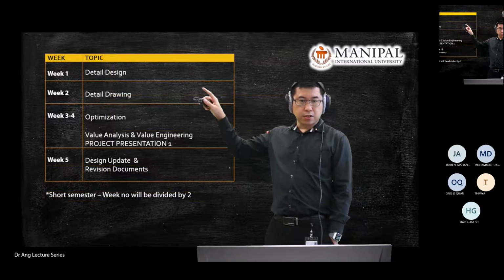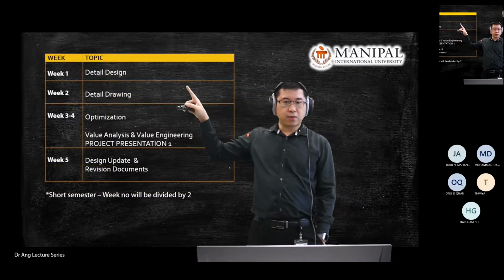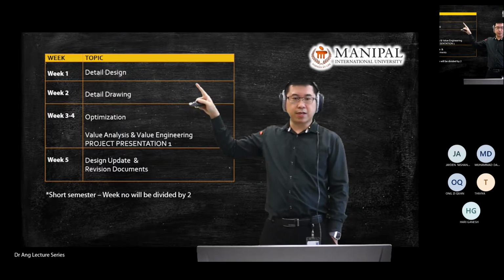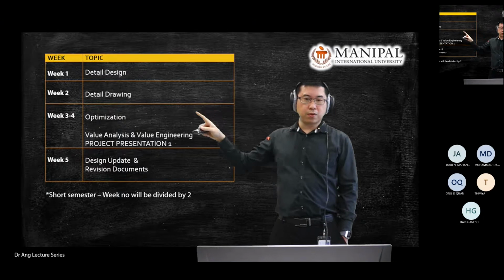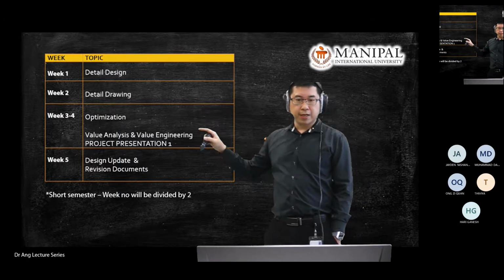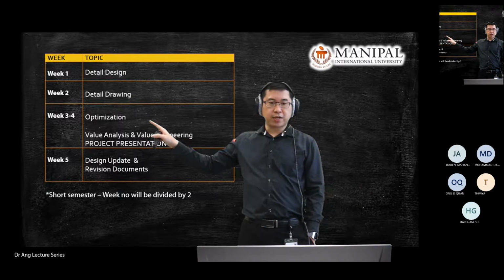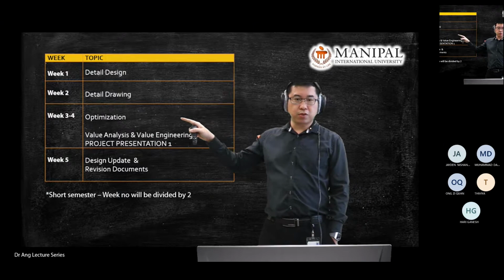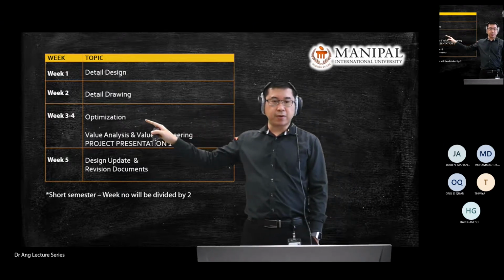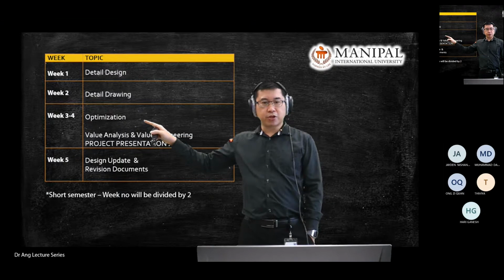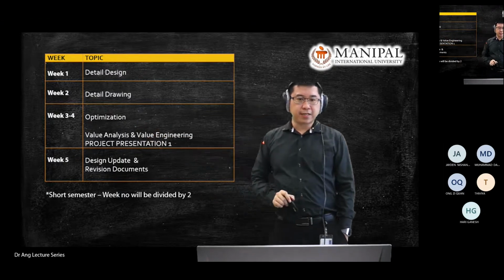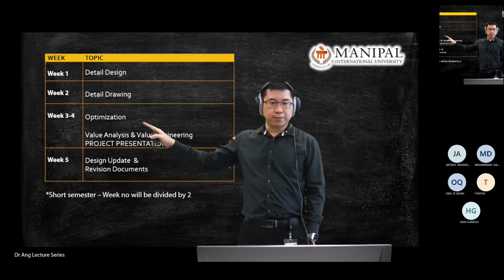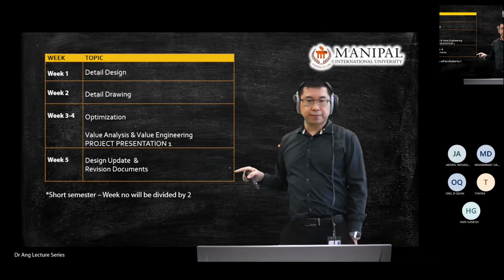Okay, so week one, we will improve your design. Let's say we take this one next week. So week 1 and week 2, we will do a detailed drawing. Then week 3, we will start to give you some comments, or maybe within week 2 to week 3, we will give you comments or a theory class on how to optimize a design or prototypes. So I'll give you information or comments on your design.